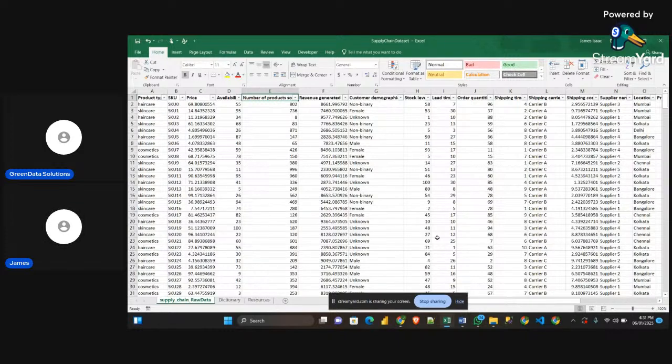So now the next step is we want to create a table, right? So I'm going to